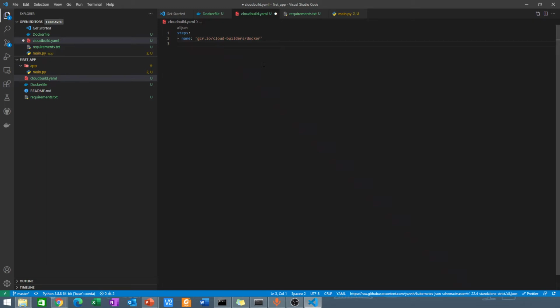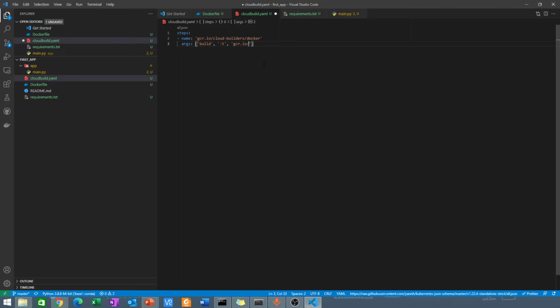And then what are the arguments for this? The argument is that I want to build a Docker image. So I'll type build, and then I want to give the Docker image a name, so it will be tag. The -t means tag that Docker image. And then this is the name I'll give it,